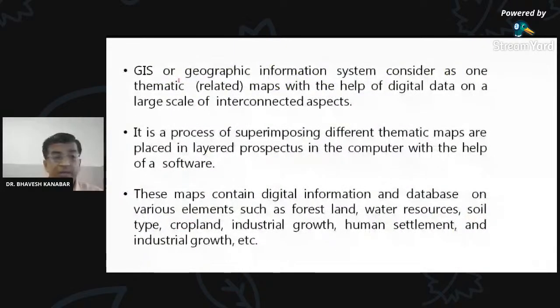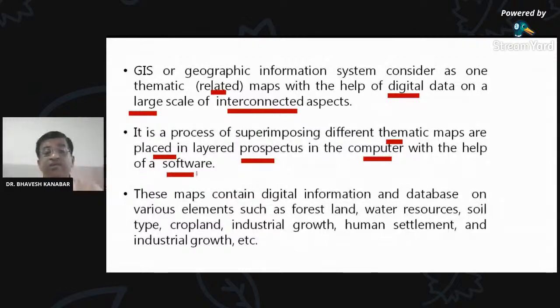GIS system has related maps with the help of digital data on a large scale of interconnected aspects. So they have basically digital data in the form of a map. It is the process of superimposing different thematic maps. They are placed in layers in a computer with the help of software. So in a single software, single map, there are different layers, like a layer of the roads only,